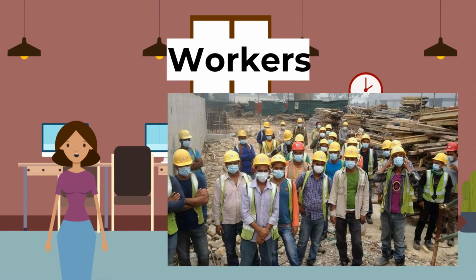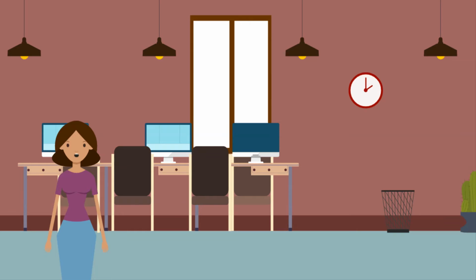Now, let's look at another internal stakeholder, the workers. These are the people that are employed by the business and are directly involved in its activities. What are their objectives? The contract of employment will state all the rights and responsibilities to and of the employees. They will want regular payment for the work done by the employees. Workers will want to benefit from job satisfaction as well as motivation. The employees will want job security. This is the ability to be able to work without the fear of being dismissed or made redundant.